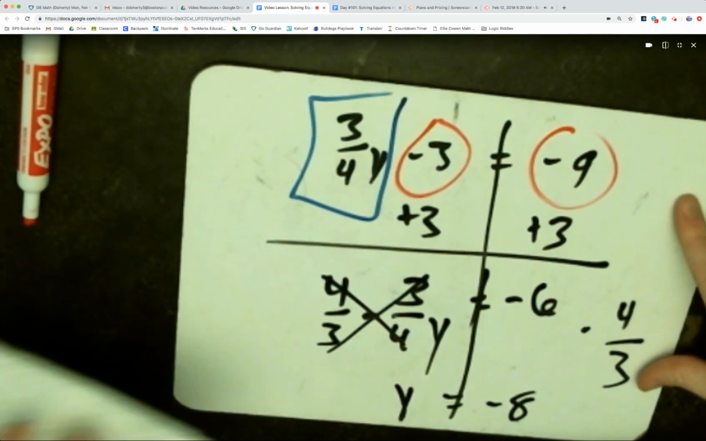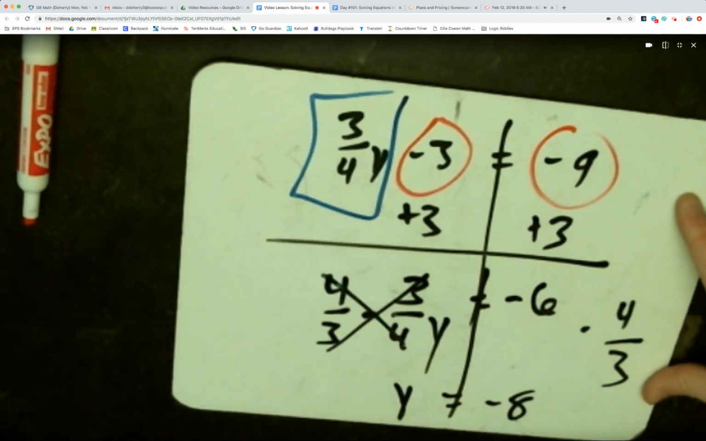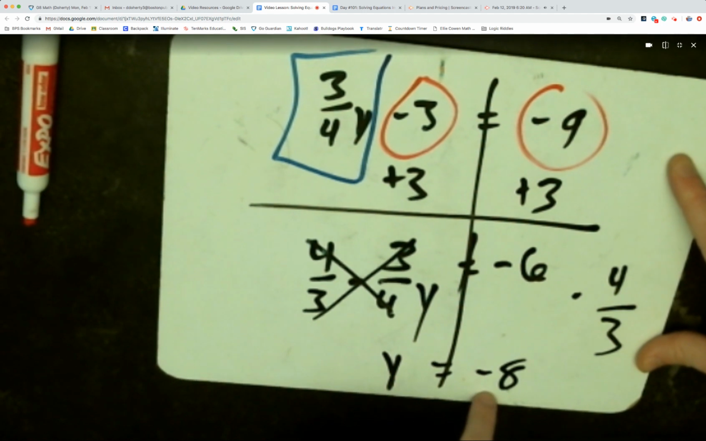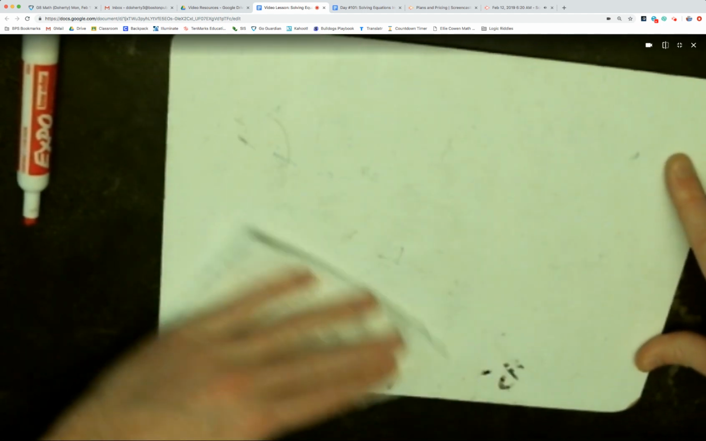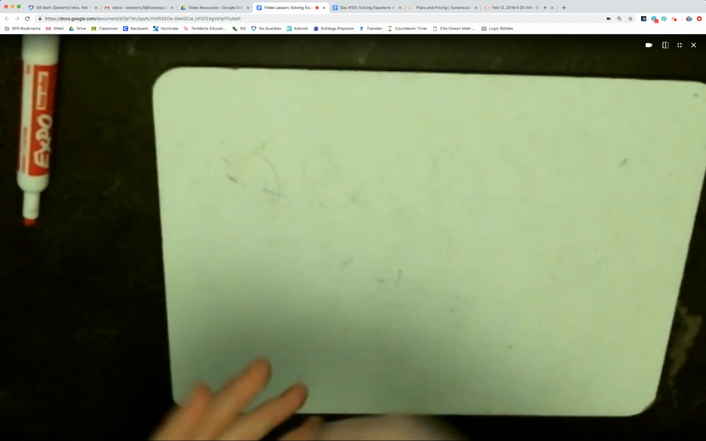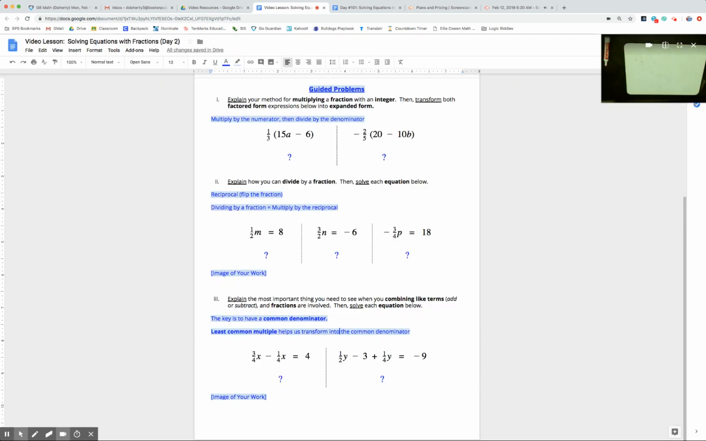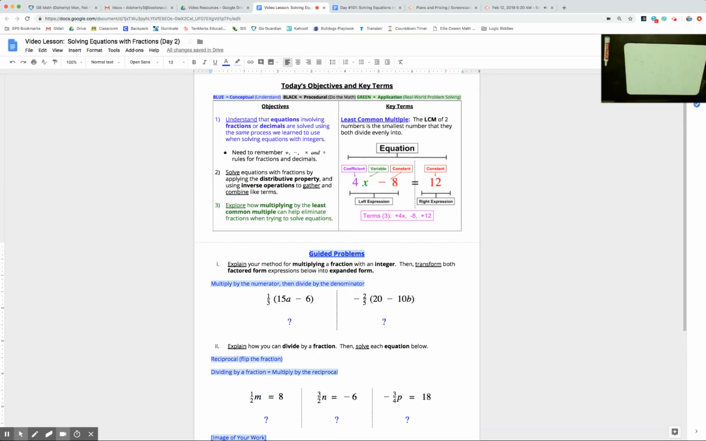I want to show you a second method that we could have used for this equation. Okay, we get y equals -8. You could plug that answer in, see if it works in the equation. I'm going to show us a second method here that we could use. This is objective 3 today. So when we talk about objective 3, how we could multiply by the least common multiple as a second method